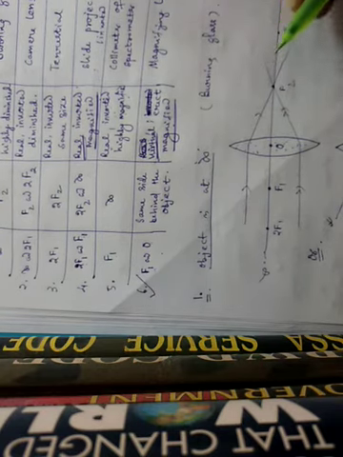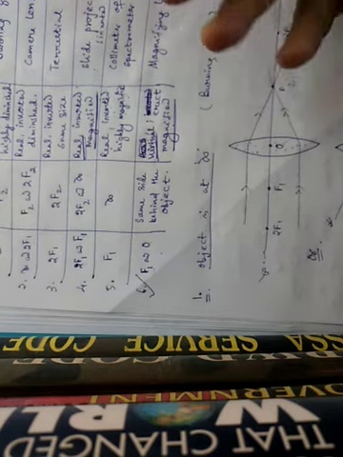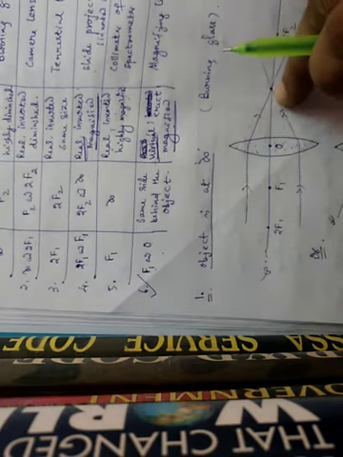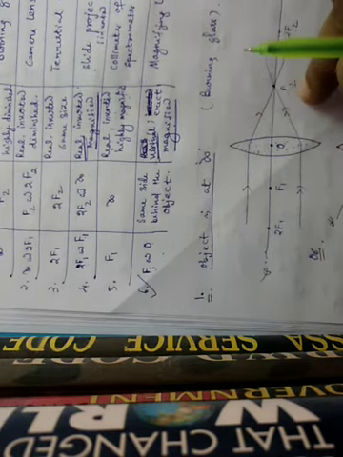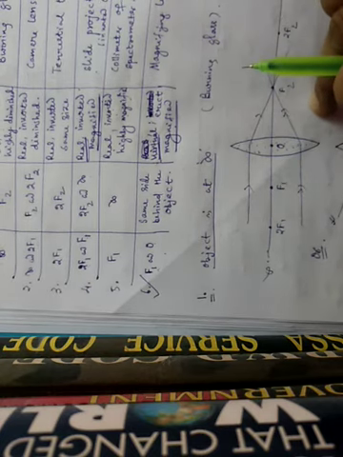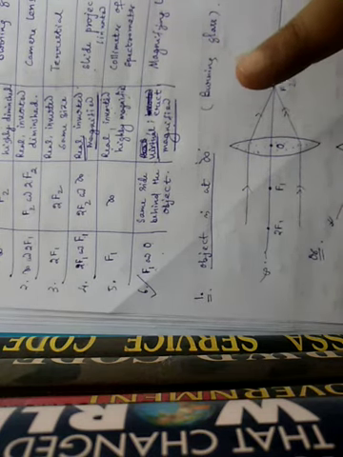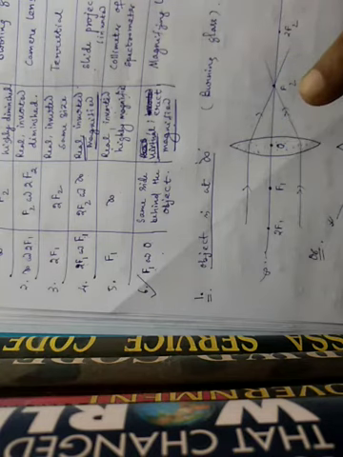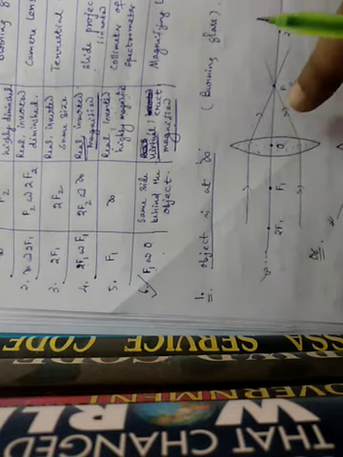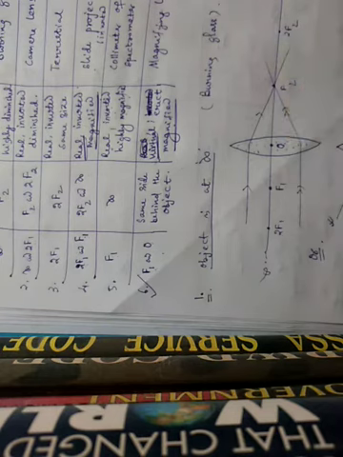Now, when the image is formed, the image nature may be real, may be virtual. If it is virtual, you should use a dotted mark. If it is real, you should use a solid mark. Similarly for the refracted ray: if it is virtual, you should use a dotted mark. If it is real, you should use a solid mark.